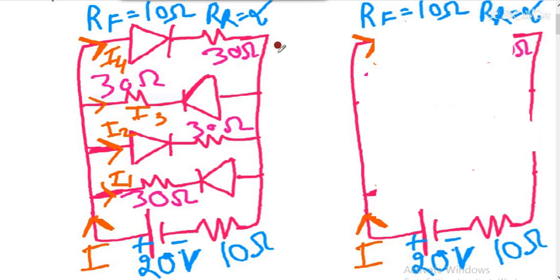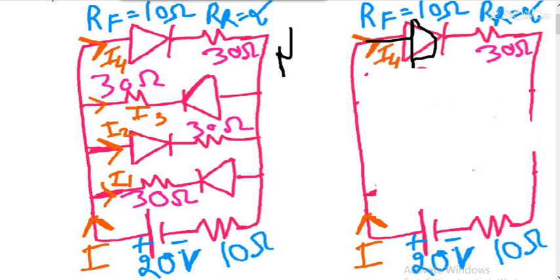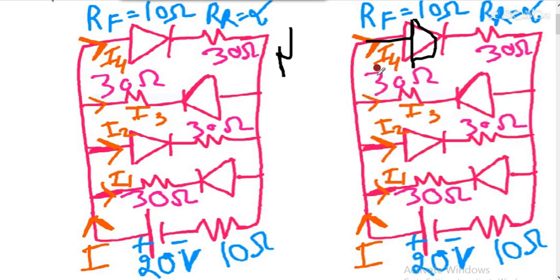So in the next video I will see some questions like this one. So this is the diode and forward resistance. Okay, wait. This is the diode. Okay, these resistances will vary in this circuit. This is 30. This is also 30. So in the next video I will take it as 30. I will take it as 60. I will take it as 90. These types of questions I will discuss in the upcoming next video.